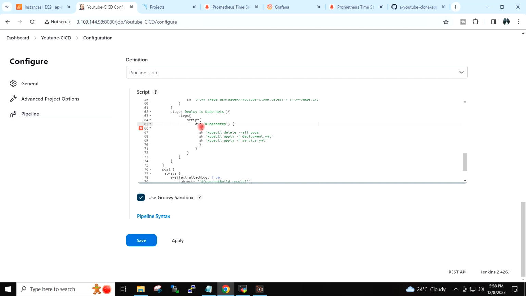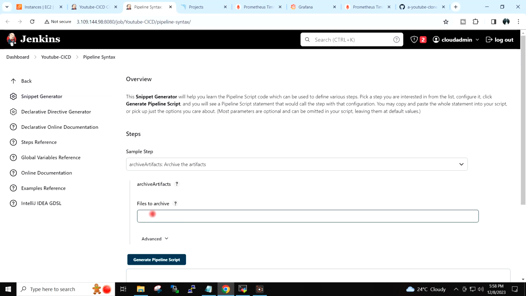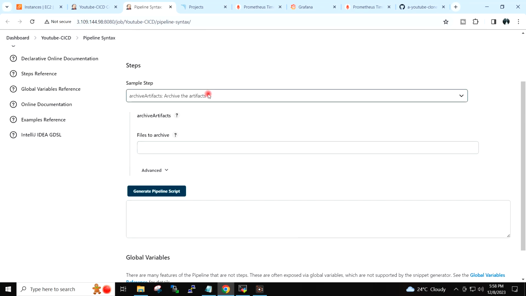So I will generate the command here. So to generate the command, I will go to pipeline syntax, which will open the new tab, and